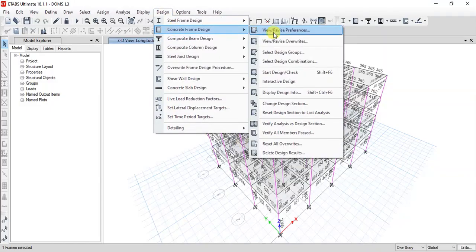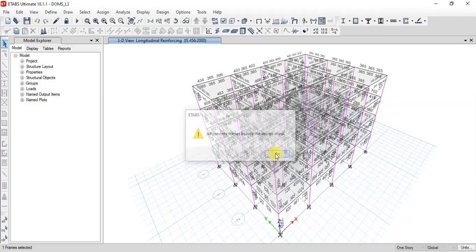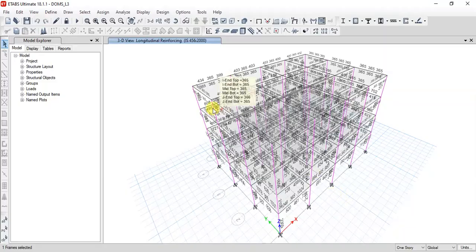If you want to confirm that there is no failure, just click on verify all members, whether they have passed or not. Once you click on that, it will say the concrete members pass the design check, which means there is no failure. With the amount of force we applied and the cross-section properties we have given, it is satisfactory: the beams, members and columns are transferring the loads into the supports or into the foundation.